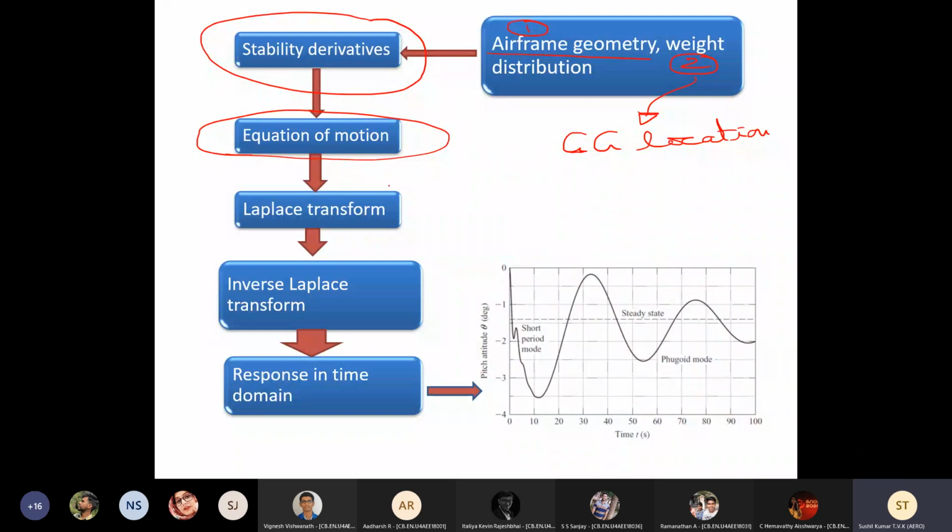If you want these differential equations to become simple algebraic equations, all you have to do is use the Laplace transform, which you have studied in your controls course, and prior to that also in a transform class. I think a few courses were there. Okay, now you have the Laplace transform. You would like to take the inverse Laplace transform. Initially it was in the time domain. You converted it into the S domain. But again, to get some meaningful result, you convert it back into the time domain, so that you get the response in time.